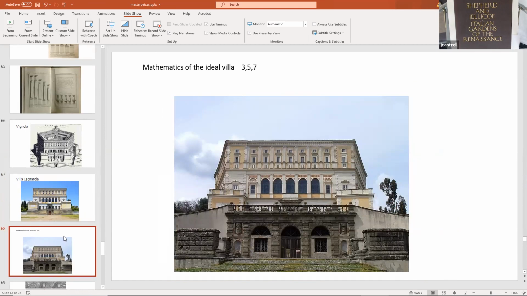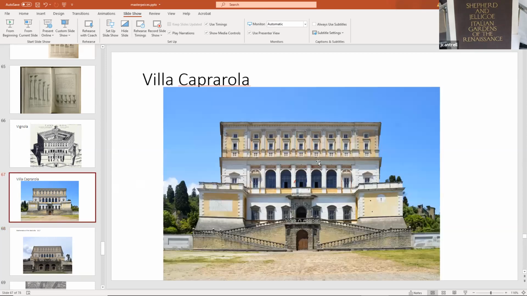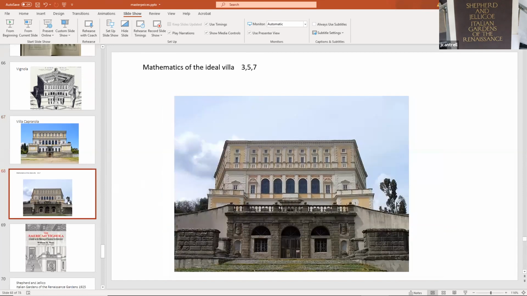Primarily, in the mathematics of the ideal villa, one numerical relationship is the 3, 5, and 7 ratio. The entry gate has 3 bays, and it gradually transitions to 5 bays for the glass facades. Then smaller openings have 7, 3, 5, and 7. Of course, Vignola is probably using golden section proportion and other geometrical relationships. But the facade is not just because he thought 3, 5, and 7 was a pretty number. It does relate to probably ancient geometry and mathematical relationships. When you start looking at facades and reading about these, there's a specific way and a reason why there are numbers that associate to each one of the openings.